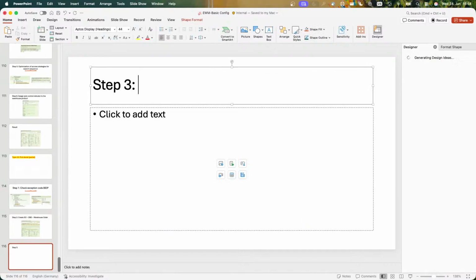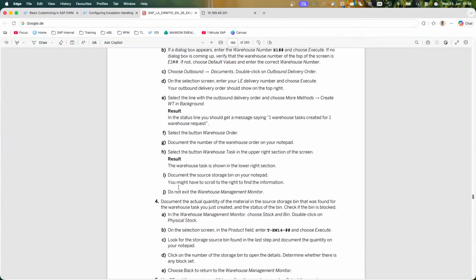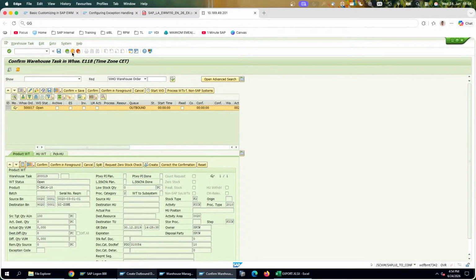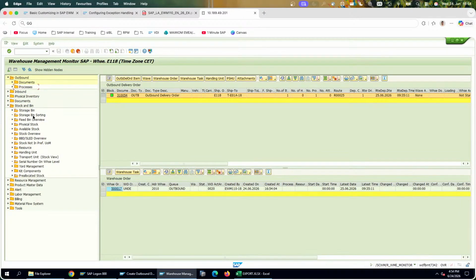So let's move to step 3, where we actually record the actual quantity of the material in the source bin that was found in the warehouse task we created, and the status of the bin. Check if the bin is blocked. So we need to go to stock and bin, double click on physical stock. Right, so I come back once, go to stock and bin, physical stock,